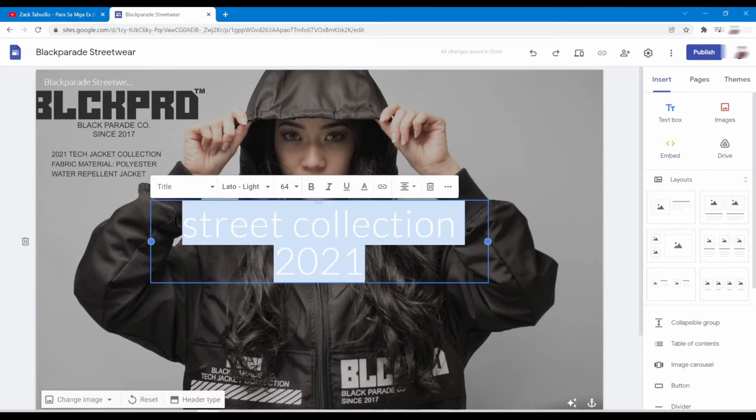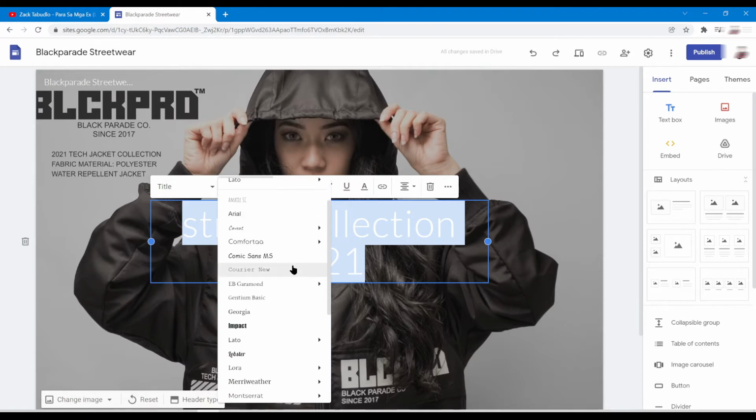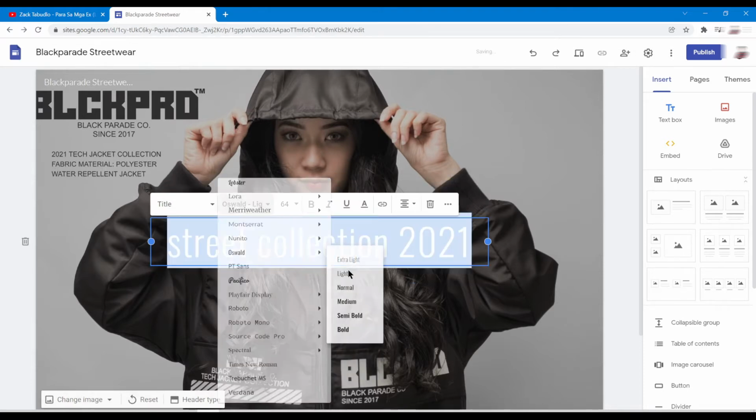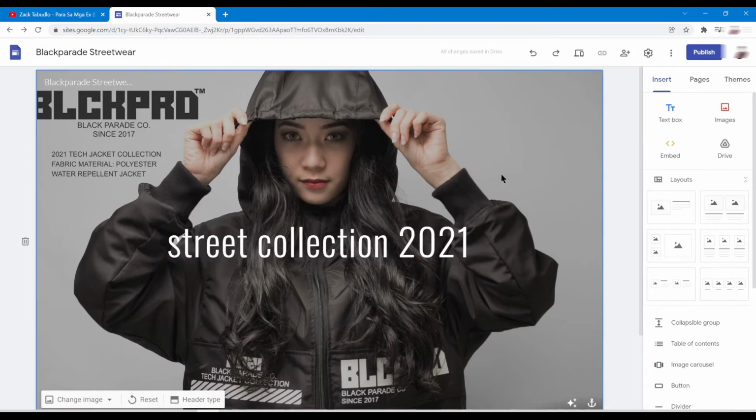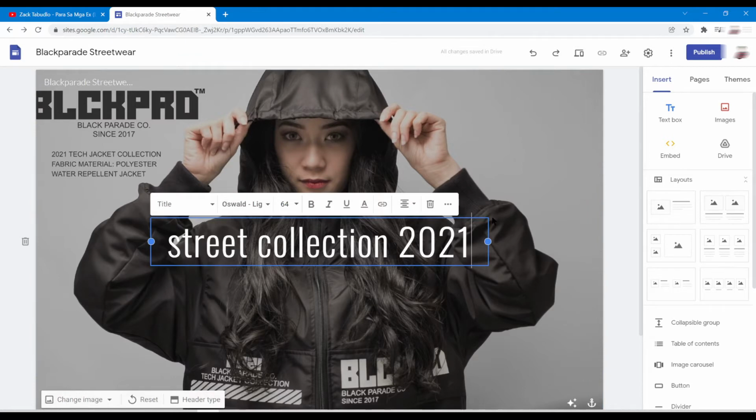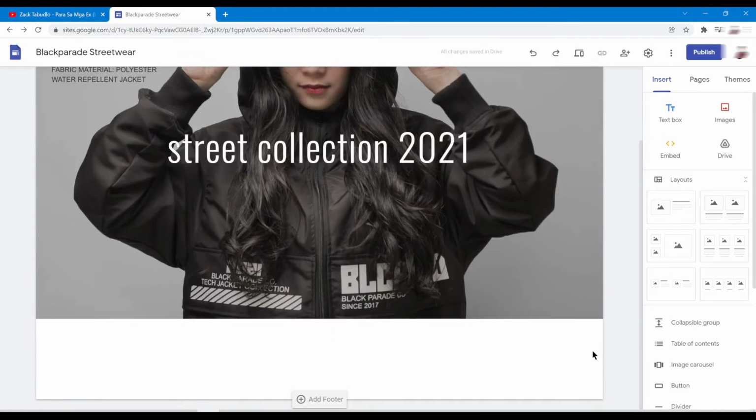Now, what more can we do with the text? Because I think that it's not standing out. So let me just go ahead and try to change the font. Maybe the font is... There you go. I think this font looks cooler. And it looks like it's not out of place anymore. Now, for the next